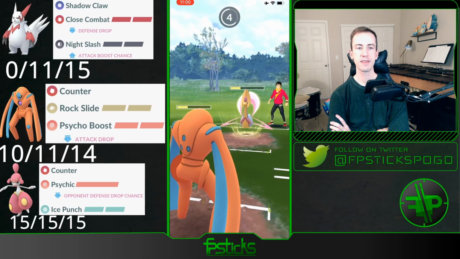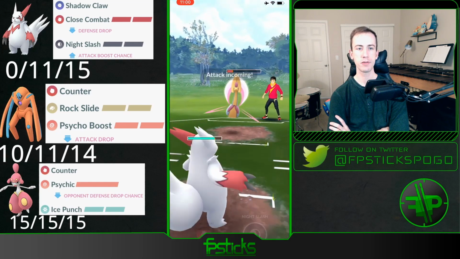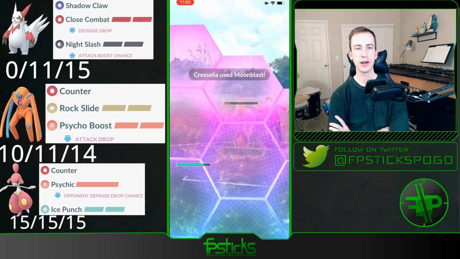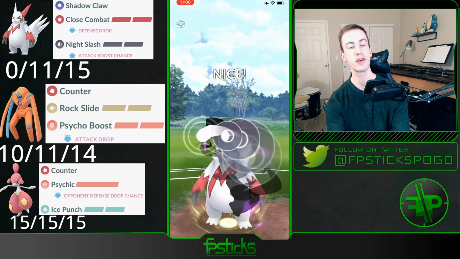So I just need to set my ZANGOOSE up for a very hefty farm here, and that's exactly what I'm going to do. I'm not even going to allow them to Psycho Cut me down. I'm just going to swap right into the ZANGOOSE, continuing to try to operate on an energy advantage. And it is a Frostlass in the back. Thank goodness I swapped and got an energy advantage here,